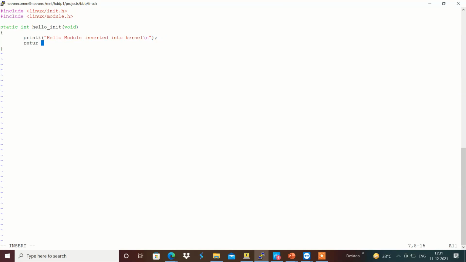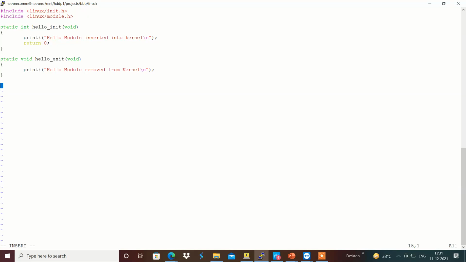and I'm going to return 0, and then we have static void hello_exit, and I'm going to put a printk with "hello module removed from kernel".